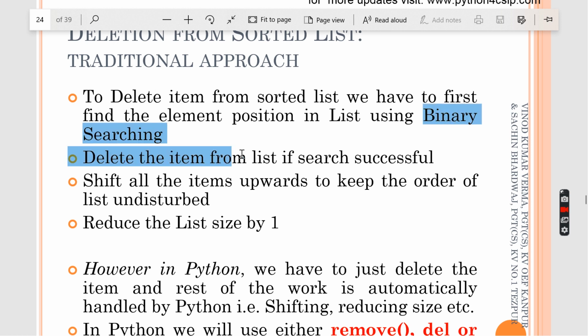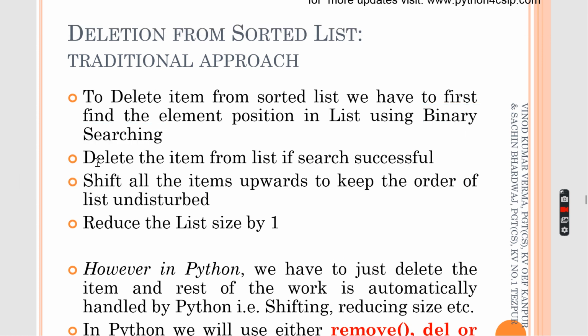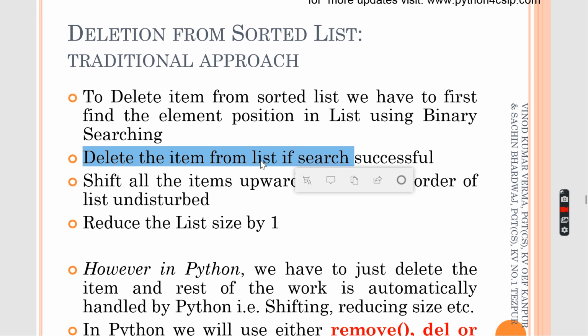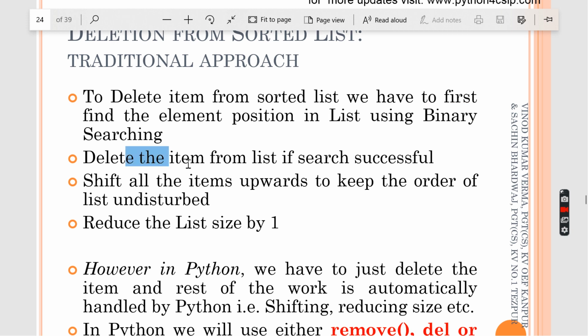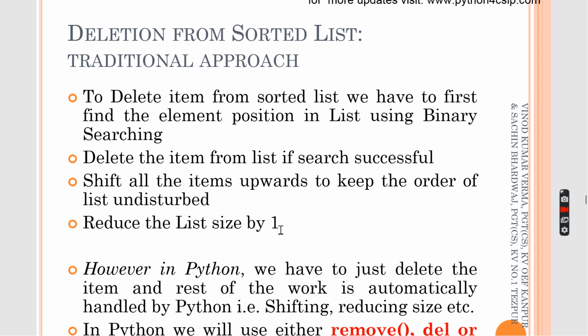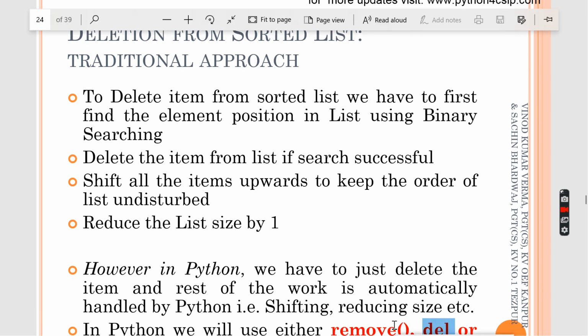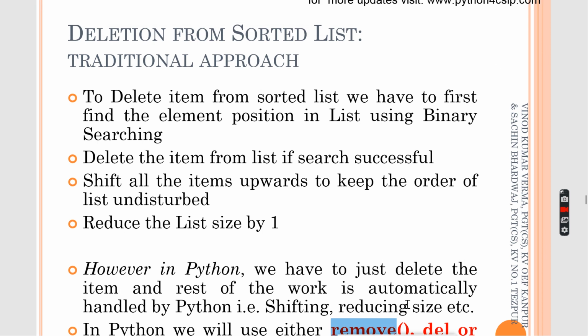So yesterday you watched a video of binary search, how to do that. Now you are going to search the element's position in the list by using that same binary search method, and then after that you are going to delete that particular item by giving del as a keyword. I will explain that. Afterwards you are going to show the list without that deleted item. So many keywords are available in Python. Del or remove is used to remove a particular element from the list. That's what we are going to see today, okay?